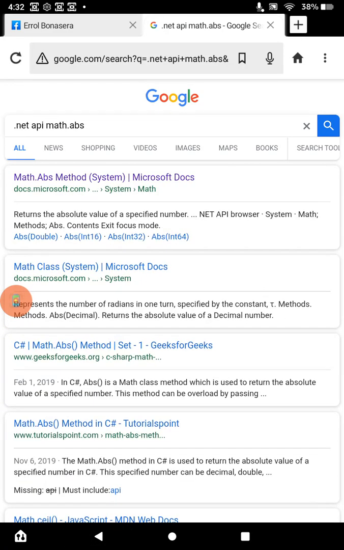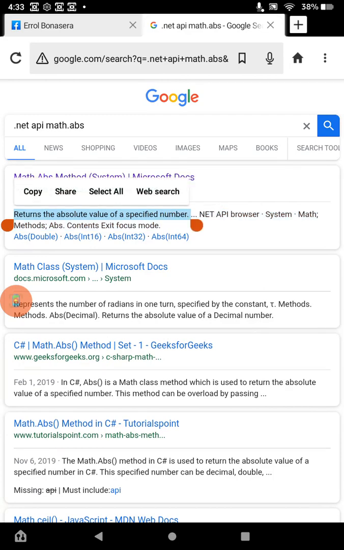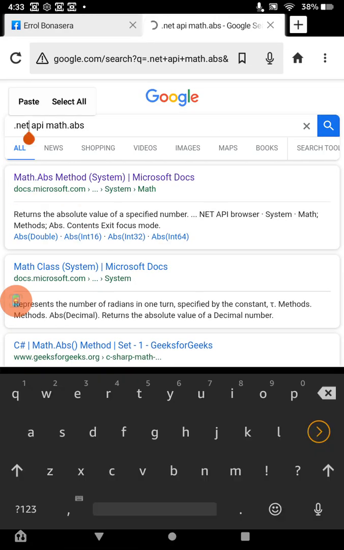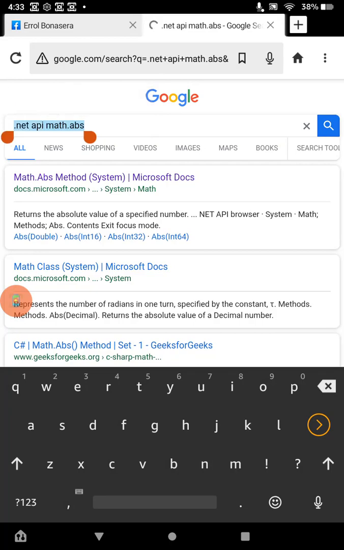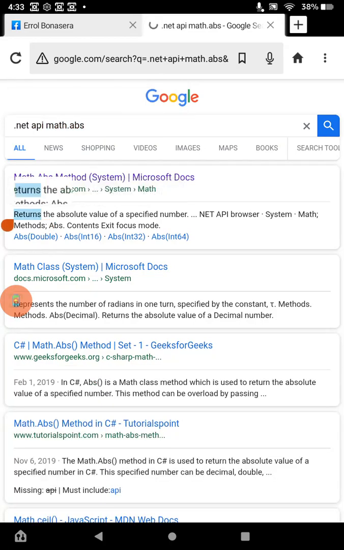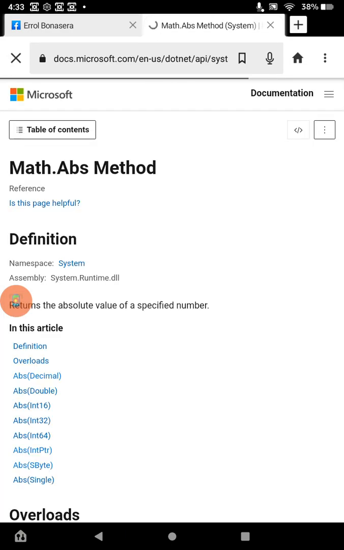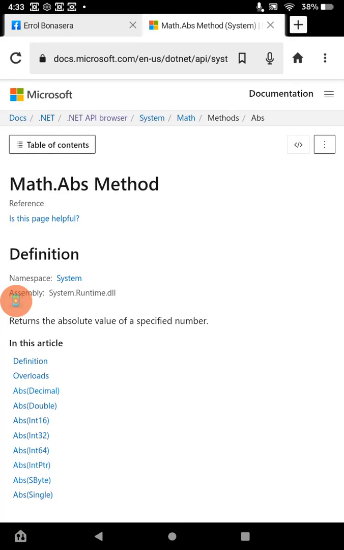But basically, where this is displaying, returns the absolute value of the specified number when searching this on Google. This is shown within the preview here, based on its ability to, probably with the dictionary search, find something like this